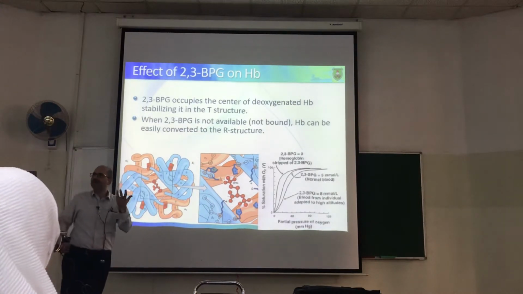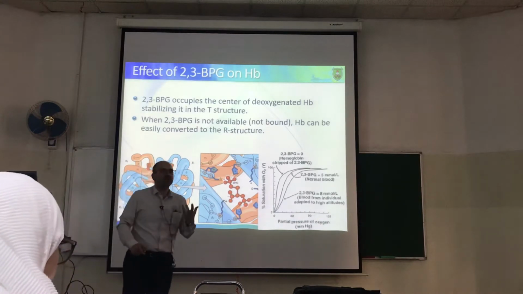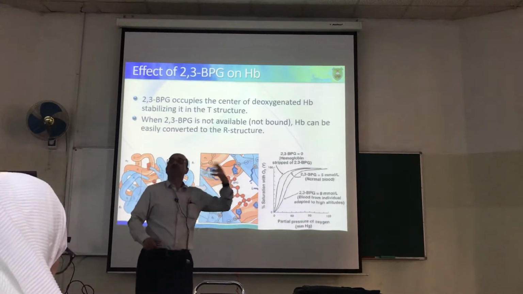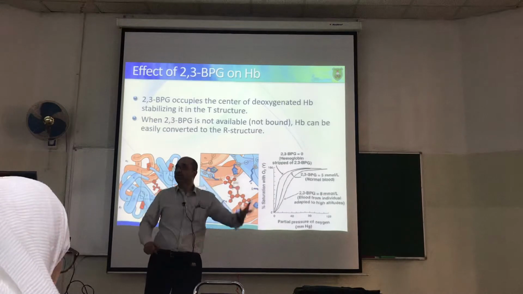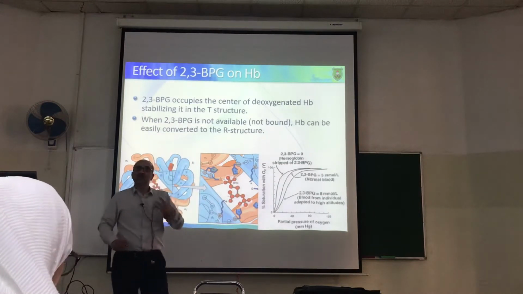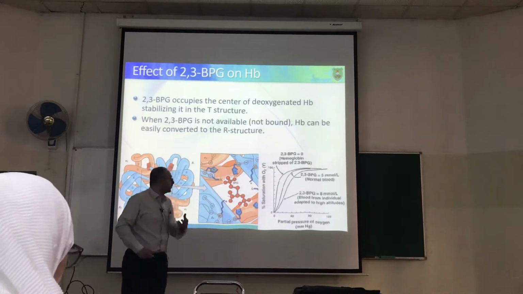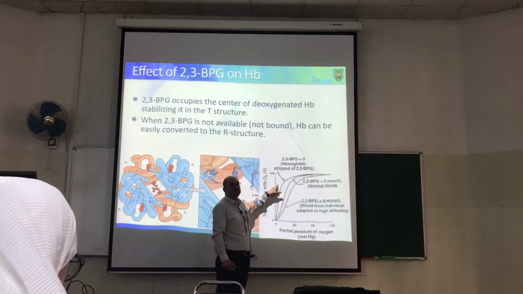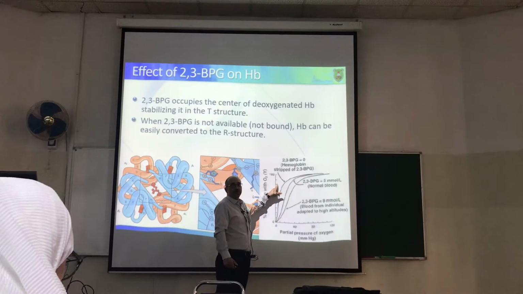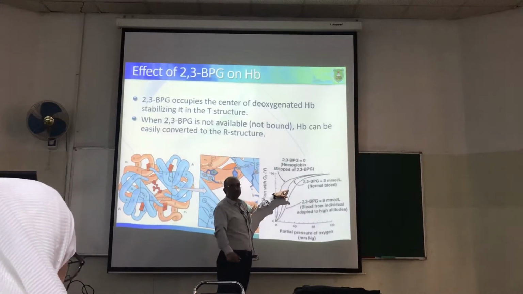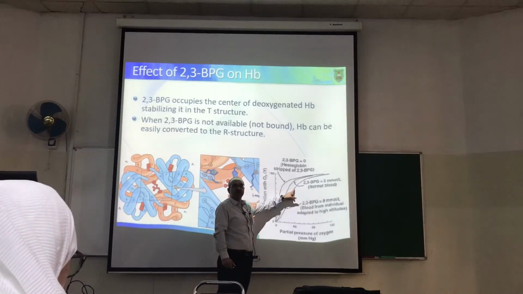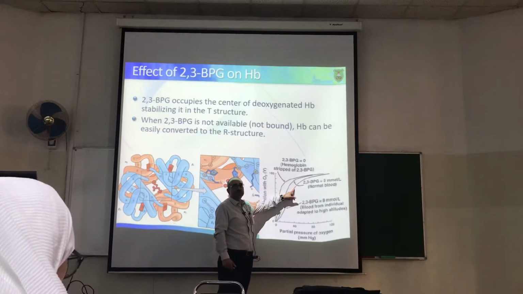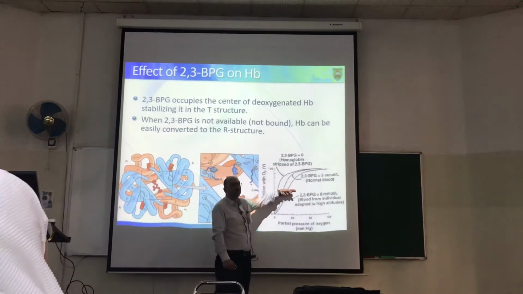It is, I'm not going to emphasize the role of this phosphoglycerate over protons and CO2 and all the other factors. But 2,3-bisphosphoglycerate is important because once it's removed, this is hemoglobin without 2,3-bisphosphoglycerate, really high affinity. This is normal level of bisphosphoglycerate. This is if you have high concentration of 2,3-bisphosphoglycerate. So you can have a shift to the right.